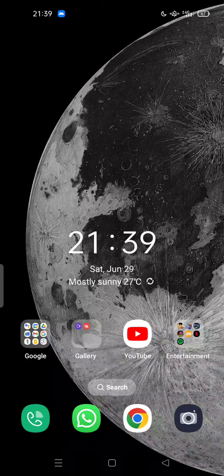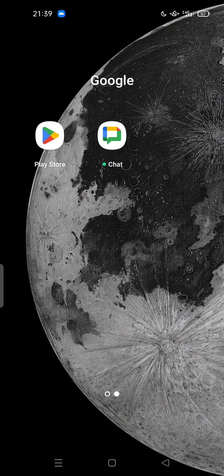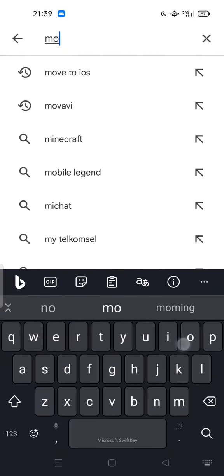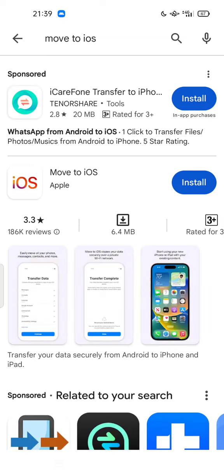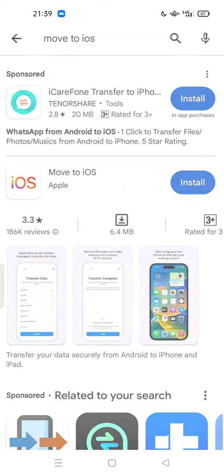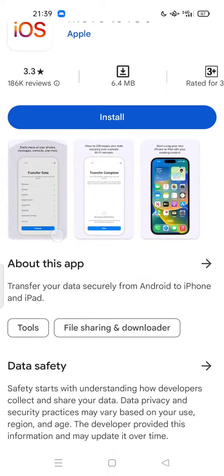Today I'm going to show you how to transfer data from Huawei to iPhone 2024. So let's start by opening your Play Store first. This is the Android. All you have to do is search for the application Move to iOS by Apple, this one. So install this app